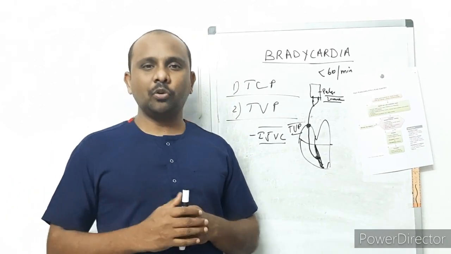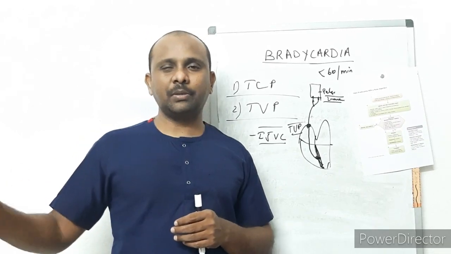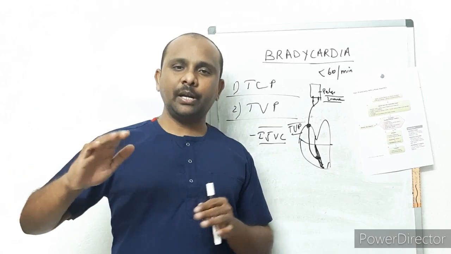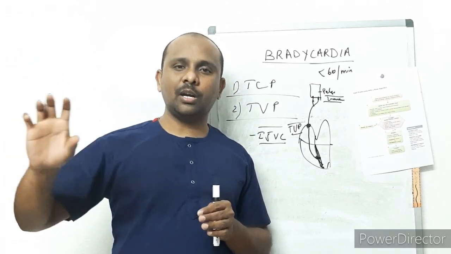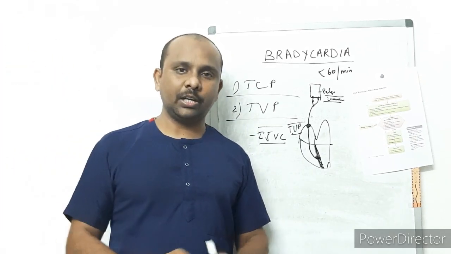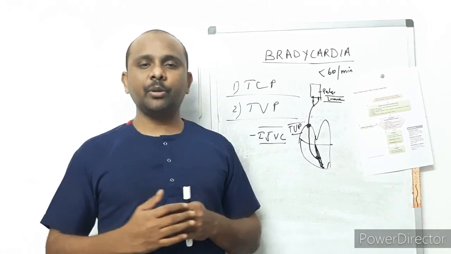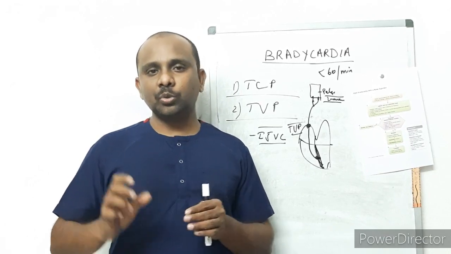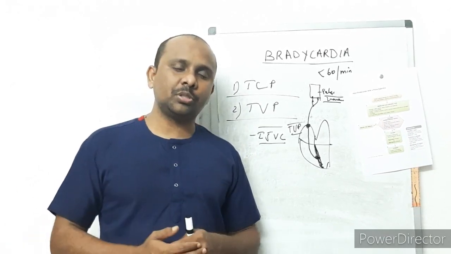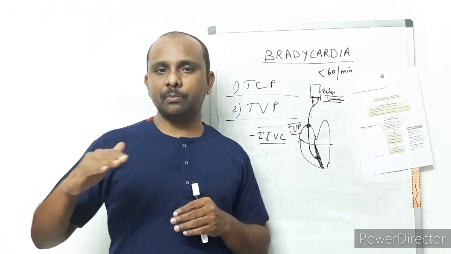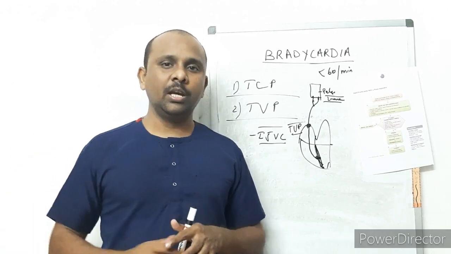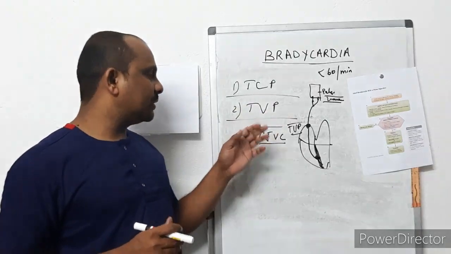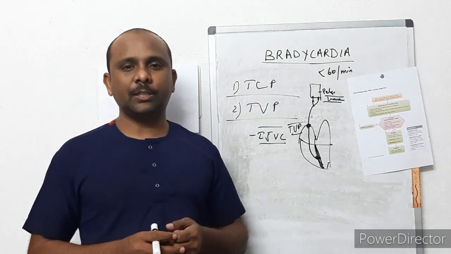Or you can start with dopamine. The dose is 2 to 20 mics per kg per minute as an infusion, and you maintain the rate. Taper the dopamine as low as possible with the response of heart rate more than 60 or around 70, right? Or epinephrine, you can start the doses 2 to 10 mics per minute as an infusion. Keep the epinephrine as low as possible, right? By the time you prepare for the transcutaneous pacing or transvenous pacing, this is by the expert.